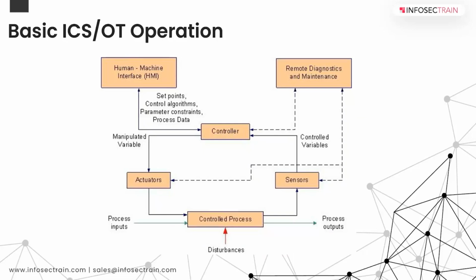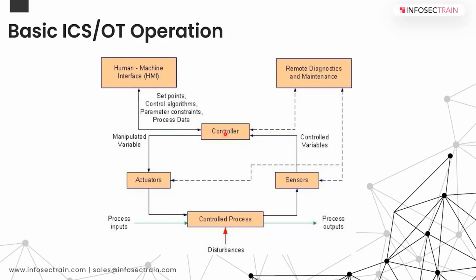Earlier we saw a basic loop, and this is a little bit more detailed block diagram that you see here, where you can see the sensors. This is a control process. It could be a pipeline, it could be a tank or a vessel where there could be liquid. Here, this is the sensor, and this sensor gives input to the controller. The controller takes action, and whatever is happening in the controller can be viewed at the human machine interface, which we'll be seeing in the coming slide.